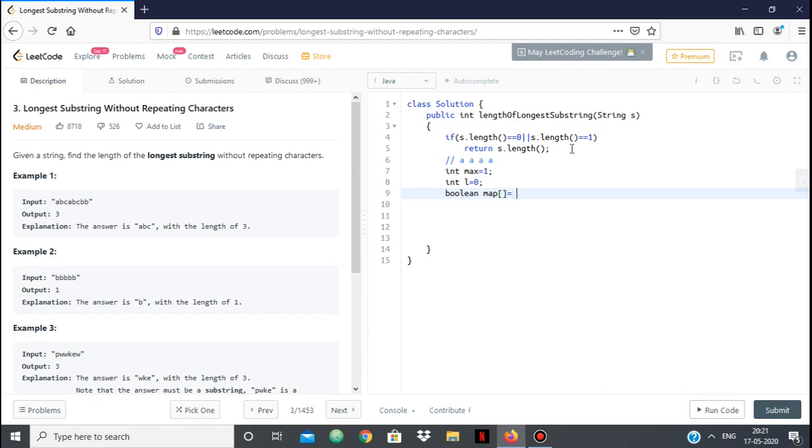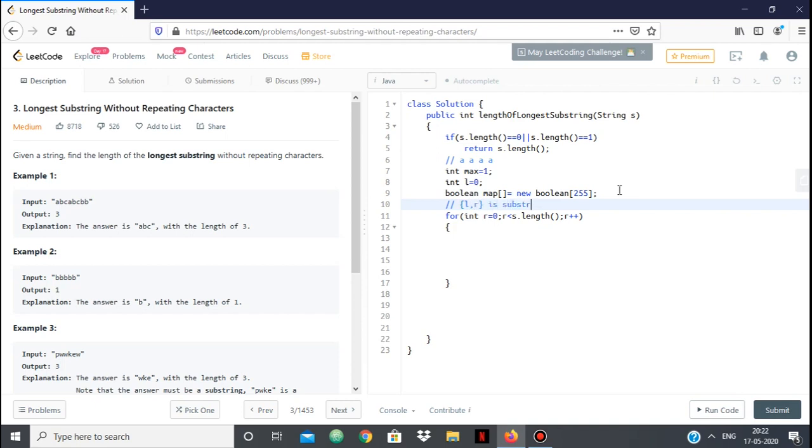So you'll see how it works. Now is equal to new Boolean array of length 255. Now why 255? Because it's ASCII, so all of the characters will be from the integer range 0 to 255. So for int r is equal to 0, r less than s dot length, r plus plus. So r will be used to traverse, and let me just write down that L to R